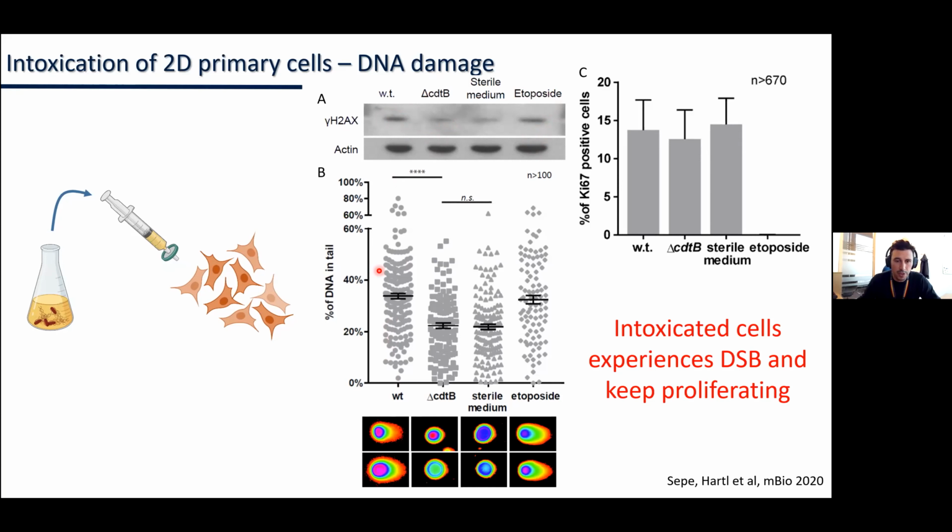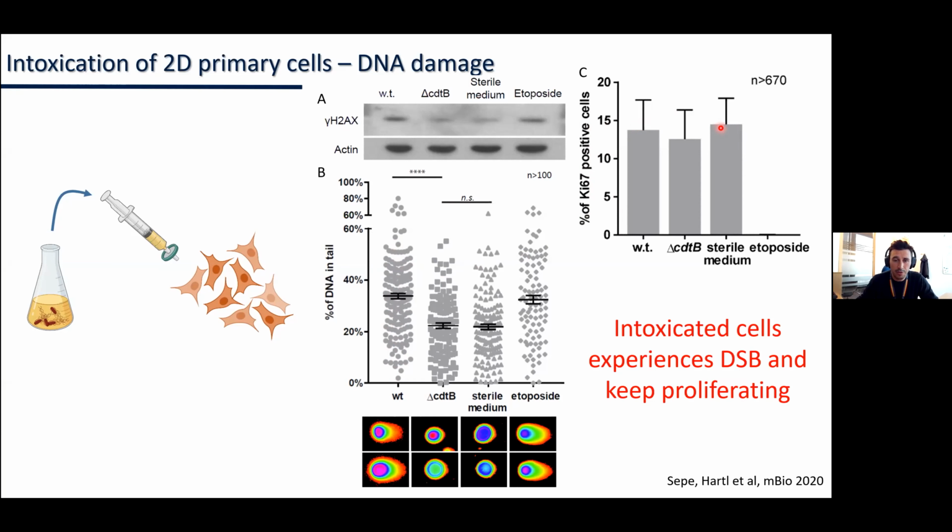And we could confirm this also by another assay. This is called COMET assay. So cells, while migrating in a gel, if they have broken DNA, they leave a longer tail. And the tail was longer in the cells which were intoxicated with wild-type toxin. So with our great surprise, when we measure the proliferation by this marker Ki67, we could see no